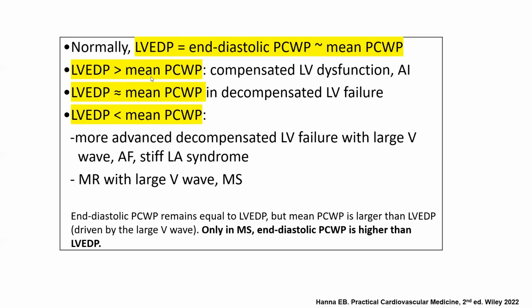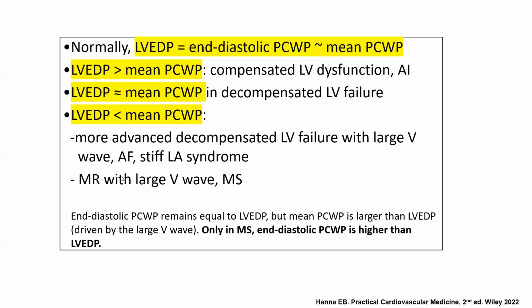LVEDP is higher than mean wedge pressure in compensated LV dysfunction and in AI. LVEDP is equal to mean wedge pressure in decompensated LV failure and may be lower than mean wedge pressure in decompensated LV failure, depending on how overwhelmed the left atrial compliance is and how large the V wave becomes. So mean wedge is higher than LVEDP in more advanced decompensated LV failure with large V wave,